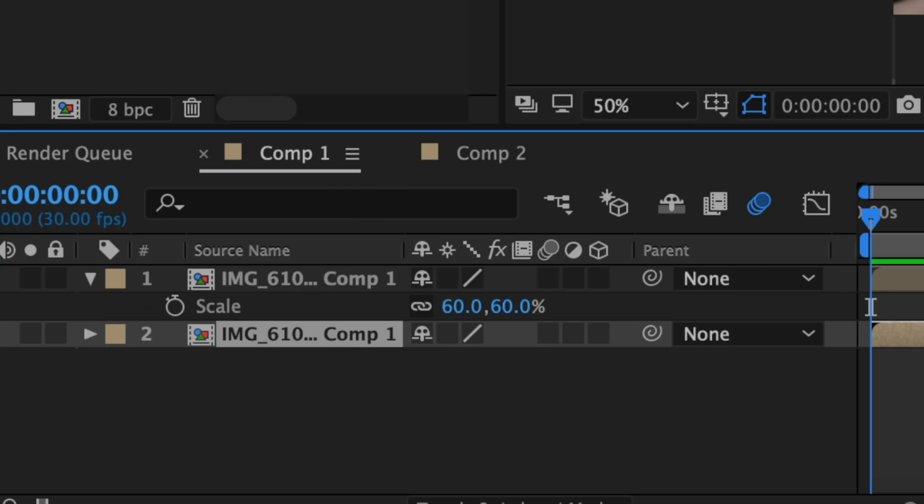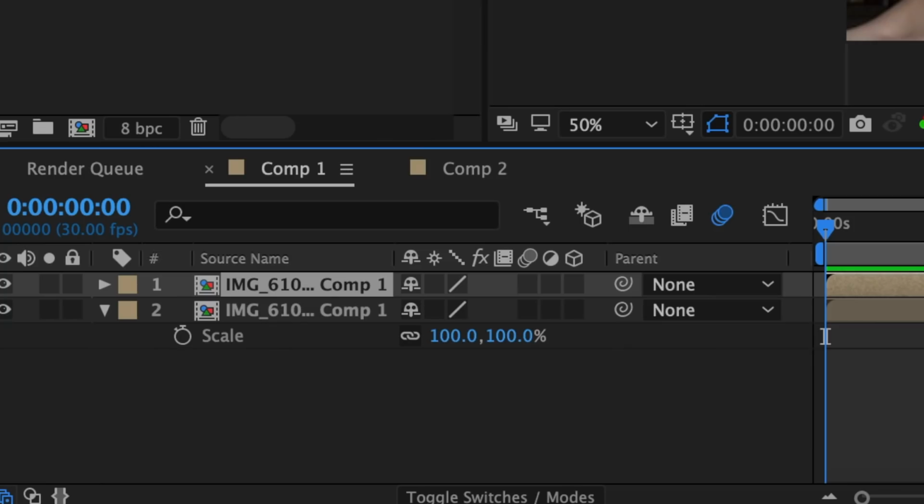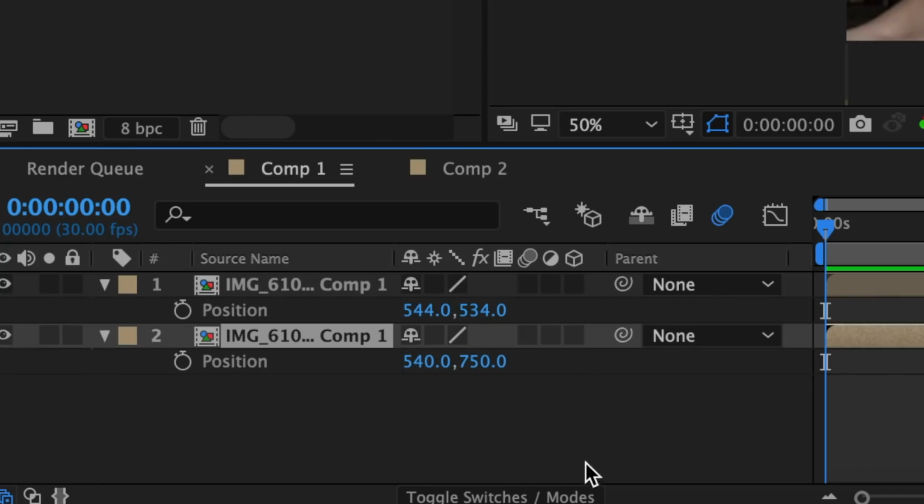So the scale here is 60, so I'm going to hit S on my keyboard and make the scale 60 as well. Now I'm going to hit P on my keyboard to go to the position values of both the photos, and I'm going to change the values of the second photo to make sure that they line up with